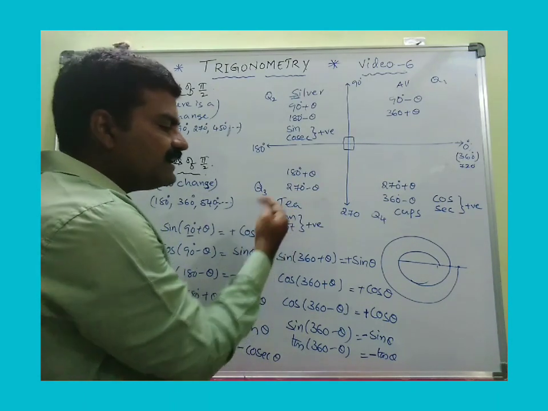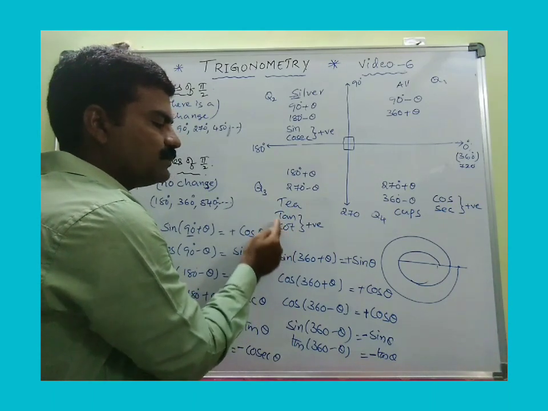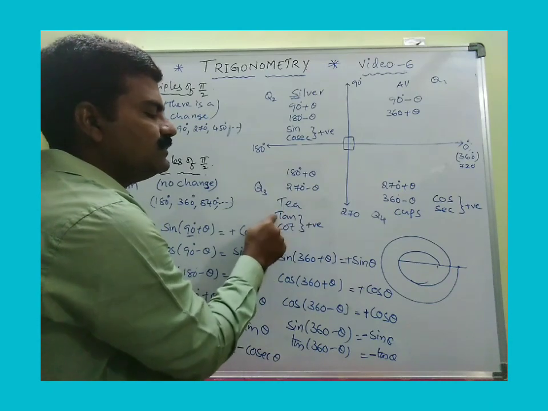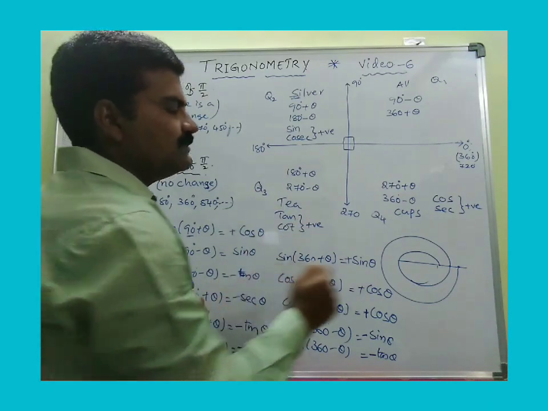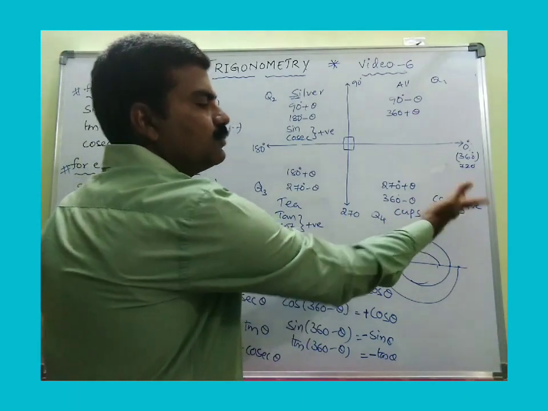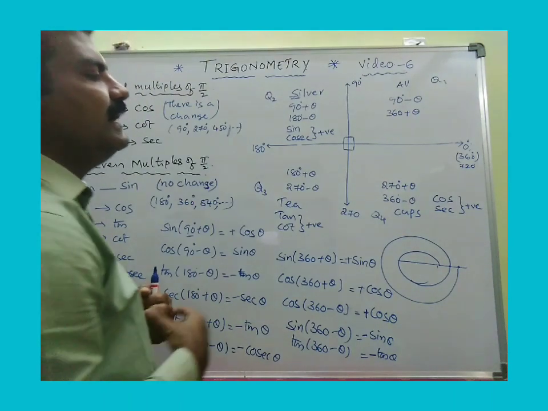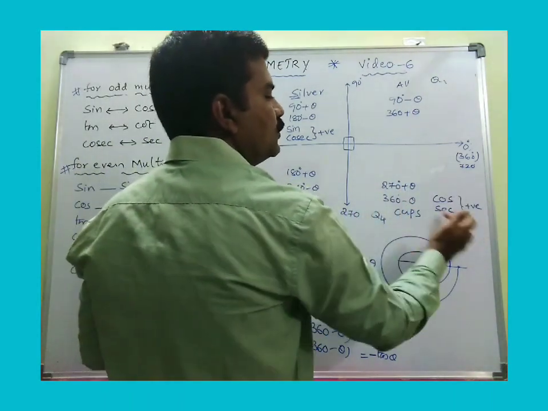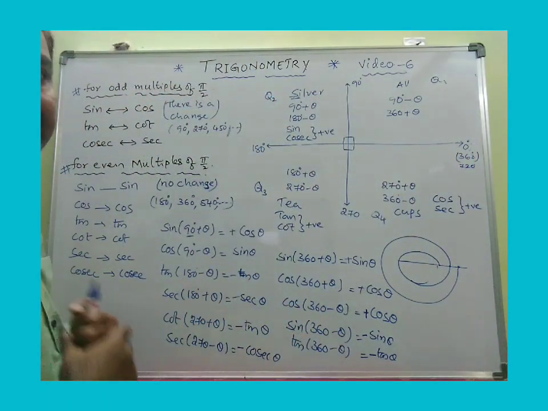Okay. Now coming to the word T. With this we can recollect that T stands for tan. So tan and its reciprocal cot. So in the third quadrant, only tan and cot are positive, the rest of them are negative. Similarly, C indicates here, please don't assume cosecant, C is for cos here, and cos's reciprocal is secant. Hence cos and secant both are positive in the fourth quadrant and the rest of them are negative.